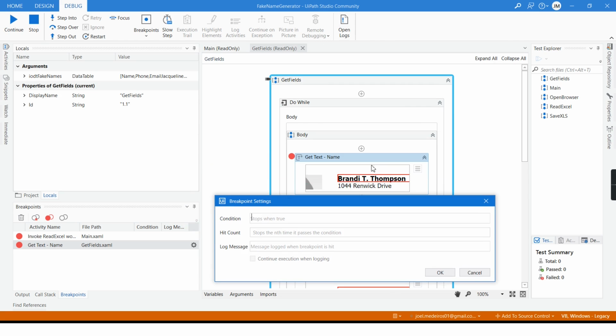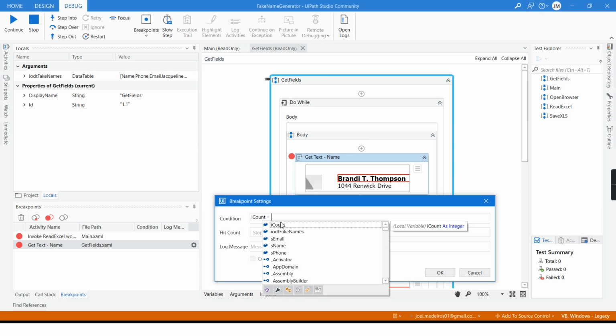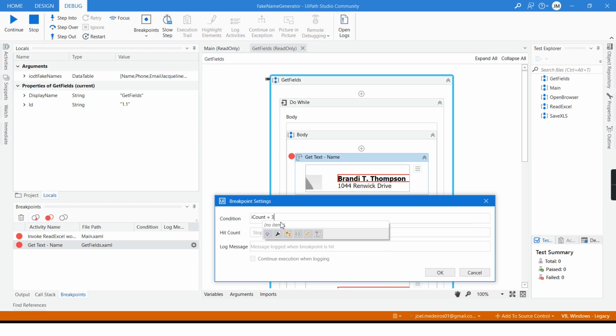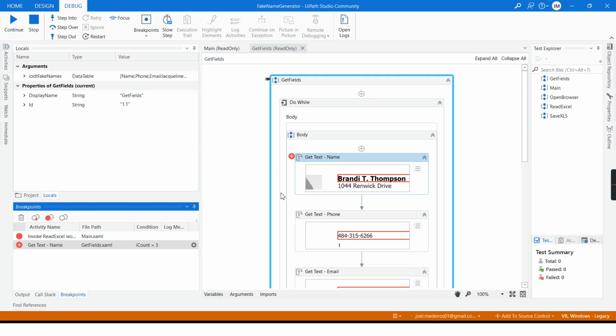So since I have a do while here, I want to set up a condition to my count. This is the variable that I'm using to count how many loops I'm going to do. So when my I count is equal to 3, I want this breakpoint to enable. And you can see that the icon has changed.